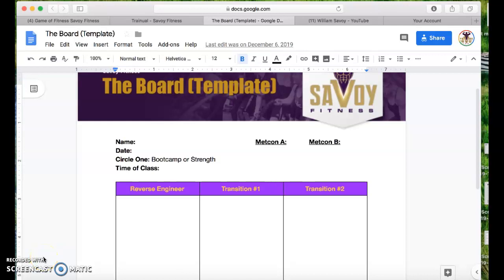Hey guys, so I'm going to go over the board template. Okay. Now, the board is where we give our coaches a template to where they can actually reverse engineer their classes for the week or day or whatever you have scheduled. Now, this is great practice, so that way when it comes down to coaching, you already know what to do